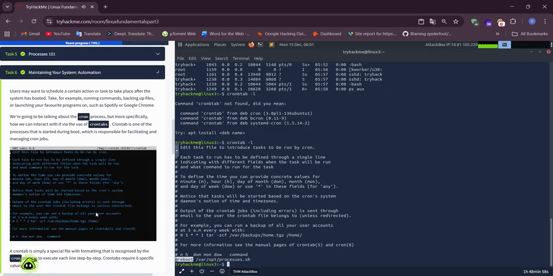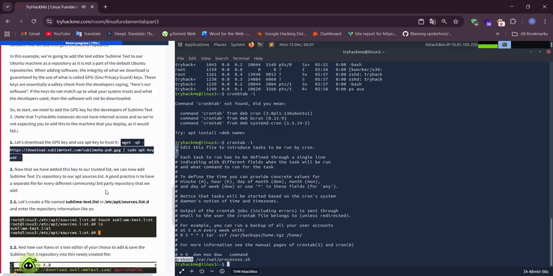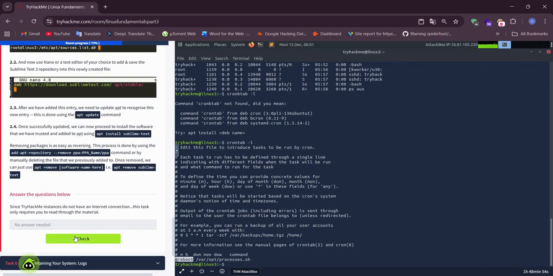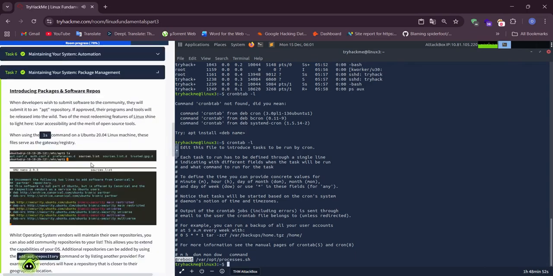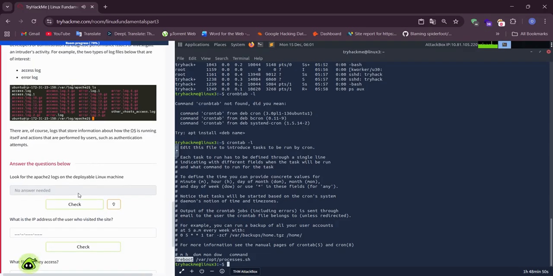Maintaining your system, package management. Maintaining your system, logs.